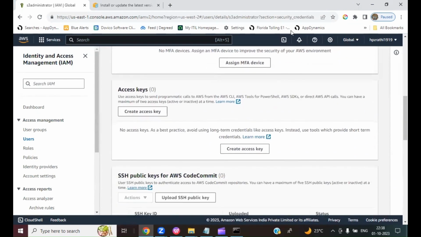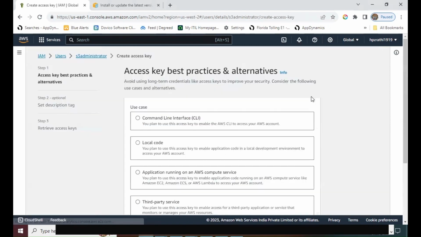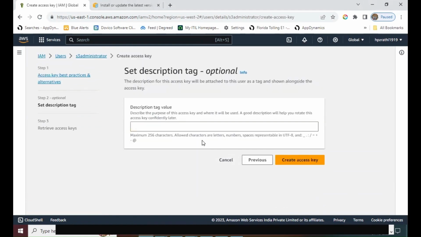So once the user has been created, if I go into the security credentials here, I can create an access key, because if you want to provide programmatic access to this user so that the commands can be accessed from the AWS CLI. So basically we have to create the access keys. So let me go ahead and click create access key, and from which medium we are going to interact with the AWS services. It is via the command line interface. So I'm going to select the CLI here and then just click this confirmation, click next,